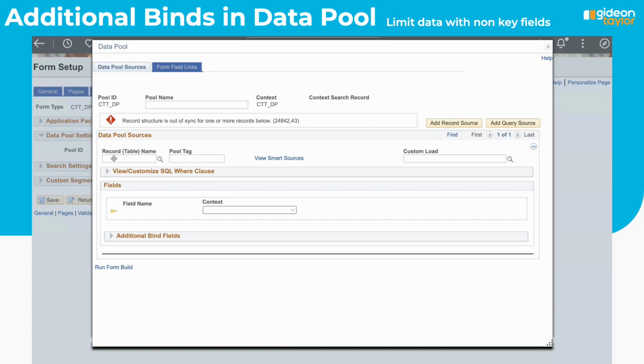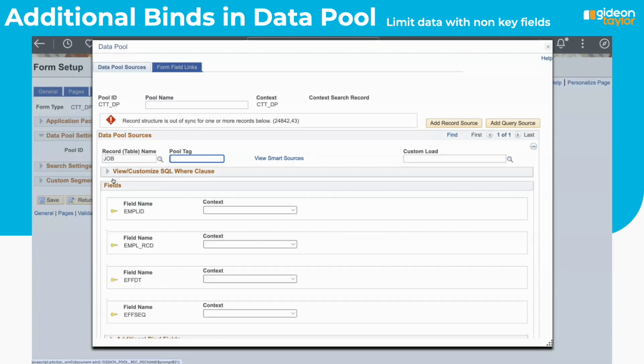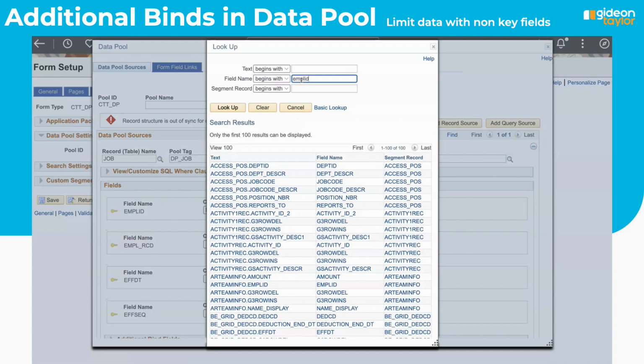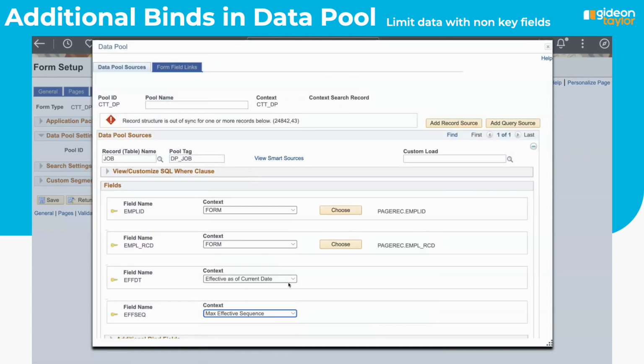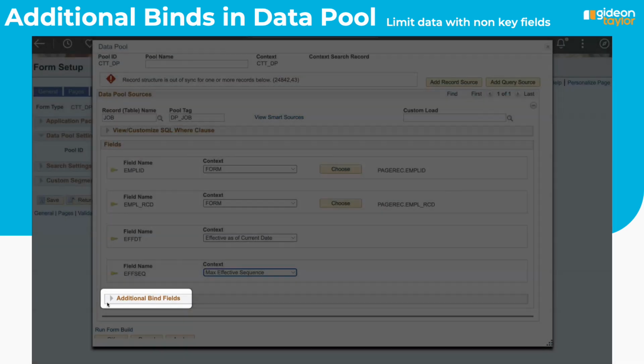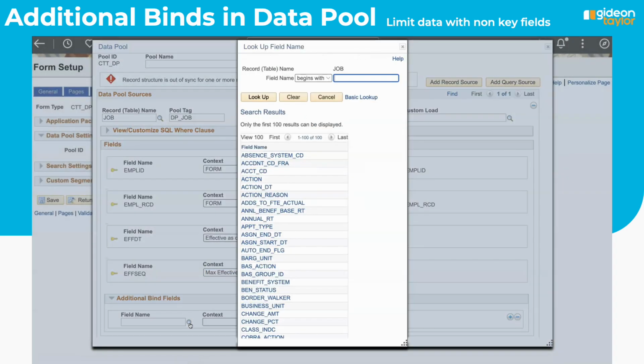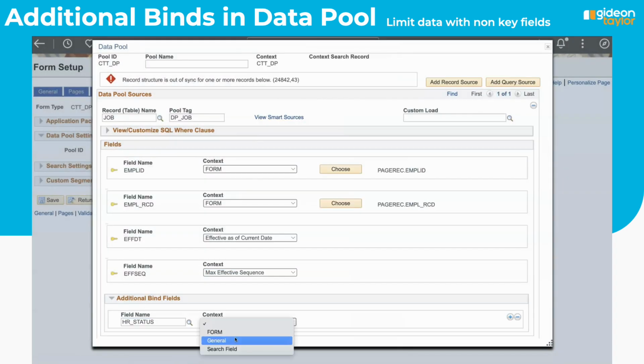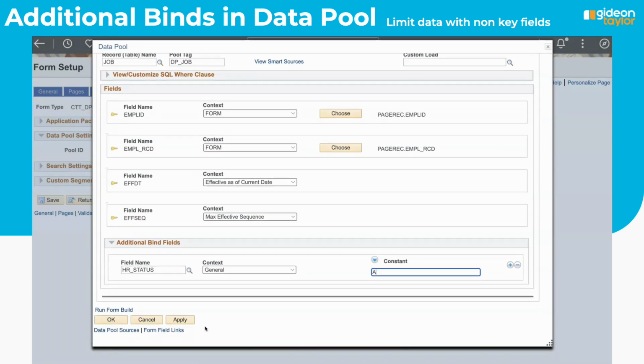Use additional binds when your data pool table source has non-key fields that you want to restrict by. In this example, we use the job record, which includes the effective status like active and inactive, but effective status is not a key field on the table. Use the additional bind feature to add the effective status to the data source and join to a constant of